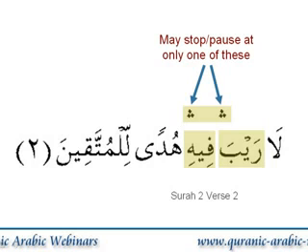and what it's indicating is that effectively you've got 3 choices. You can choose not to stop on any of these, or any of these 2. You can choose to stop on the first, but then you cannot stop on the second one, or you can stop on the second one, but then you cannot stop on the first. So let's do this. So you could read this straight through. So this could be read